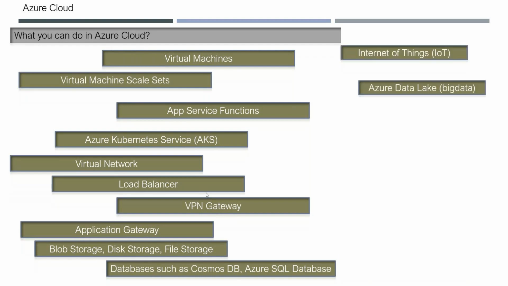And Internet of Things (IoT), and Azure Data Lake for big data. You know Hadoop, right? If it is open source, you call it Hadoop. On top of Hadoop, many companies create wrappers. In Azure you call it Azure HDInsight. In AWS you call it AWS Big Data. But the underlying platform is Hadoop. So here you call it Azure Data Lake for big data.